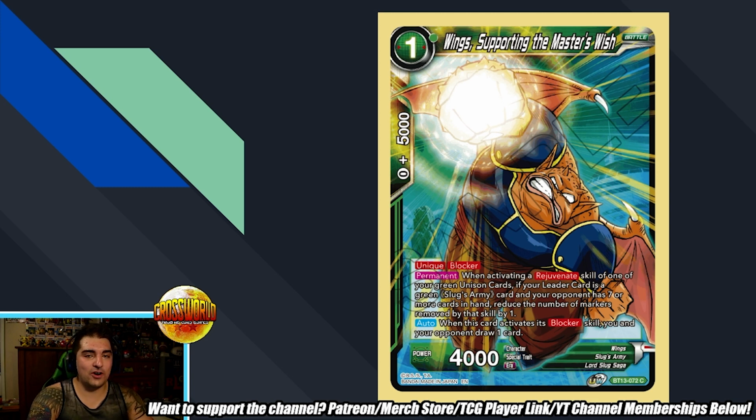I haven't really messed around with the archetype too much. Doesn't really appeal all that much to me, but I kind of imagine that's when you're going to want to use it. I don't think you really just want to stick this turn 1 like the other Wings for the deck, actually, because it doesn't have barriers, doesn't really have protection. So again, I think you want to play this when you want to use that rejuvenate skill,